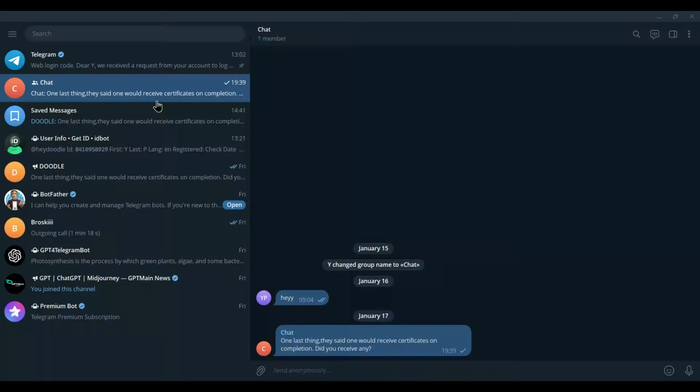In today's video, I'm going to show you how to share large files on Telegram channels. This method is perfect if you need to distribute documents, videos, software, or any other large files to your audience through your Telegram channel. Telegram supports files up to 2 GB in size, making it one of the best platforms